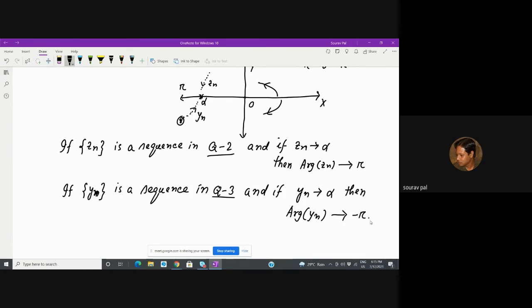So we can see that if you choose any point on the negative half of the real line,